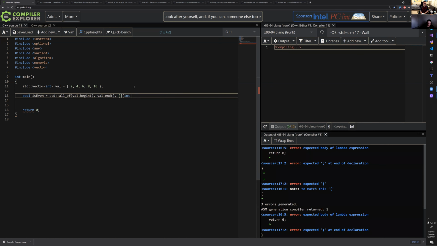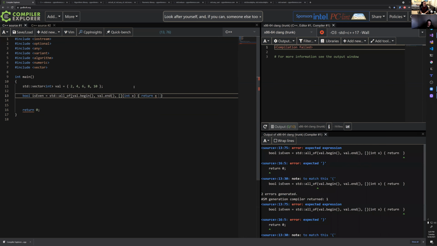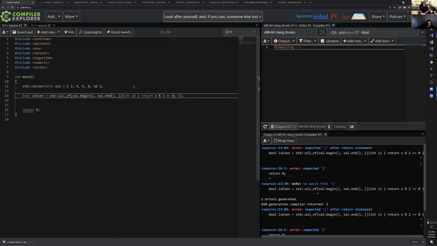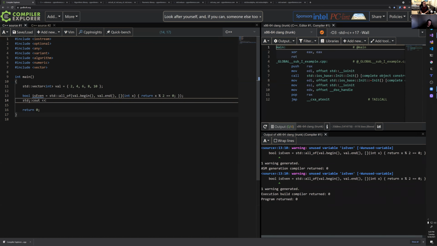Val, I'm not going to use val, that might be confusing. I'll use x. Return x % 2 is equal to 0. There we go. And then we have is_even, and then I'm going to say std::cout